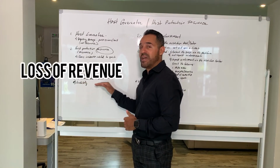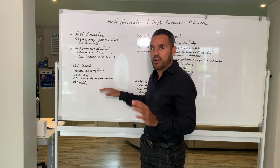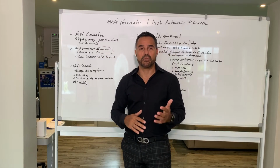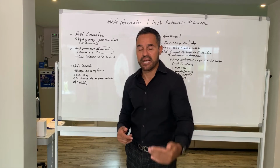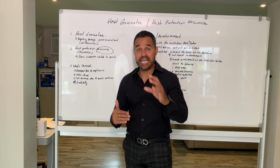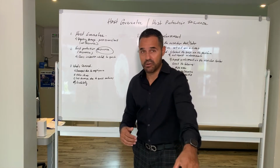Next is loss of revenue. This one a lot of hosts miss because they don't realize that they're covered by the host guarantee. And here's an example of where you can get reimbursed. The most common is when guests refuse to check out on time. If your checkout time is at 11 and it is noted on your description and you let the guest know